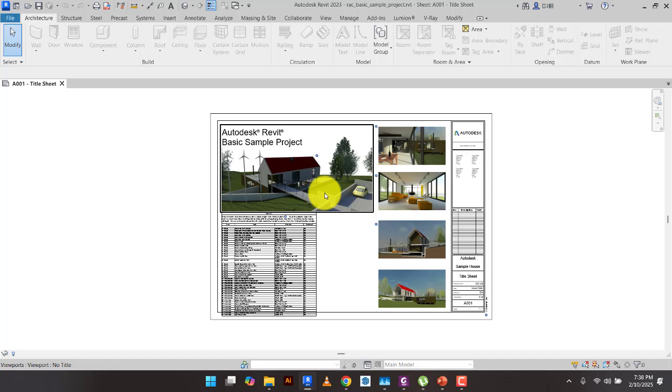The properties and the project browser. Click on view. After clicking on view,